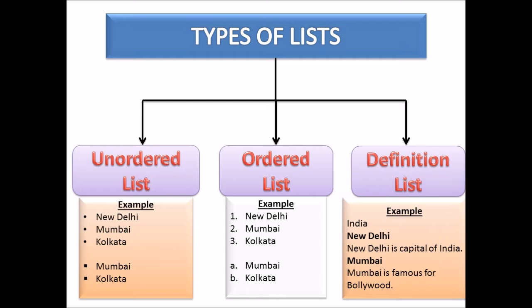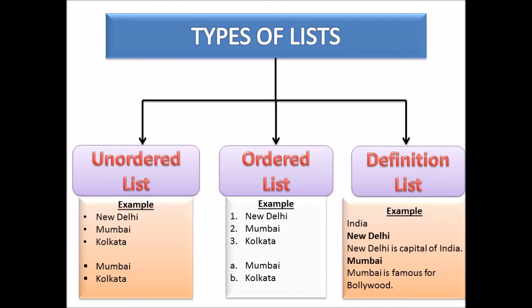In ordered list we have a sequence of either numbers 1 2 3 4, or it can be in the form of ABCD, small or capital, or it can be in Roman numbers, small Roman numbers or capital Roman numbers also. So ordered means with a sequence: it can be in numbering form, alphabetical form, or Roman form. A definition list means it has a heading and then we describe that heading. Such a type of list comes under the category of definition list.